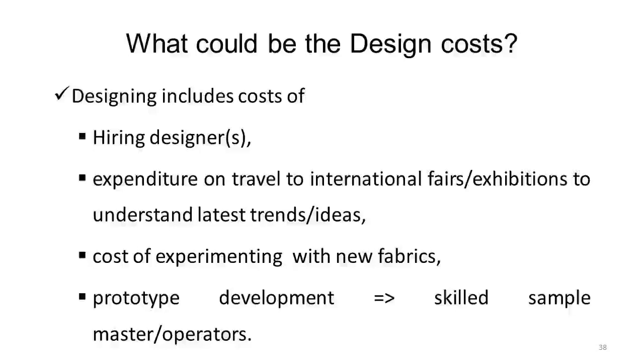And then we have prototype development. So the fabrics are made. Now you have to make the garments. So making of the garments is part of the prototype development. The prototype development is made by very highly skilled sample masters or sample operators. These people are very expensive and they are on your payroll, so you have to pay them. These are all part of your design costs. So that brings us to the end of